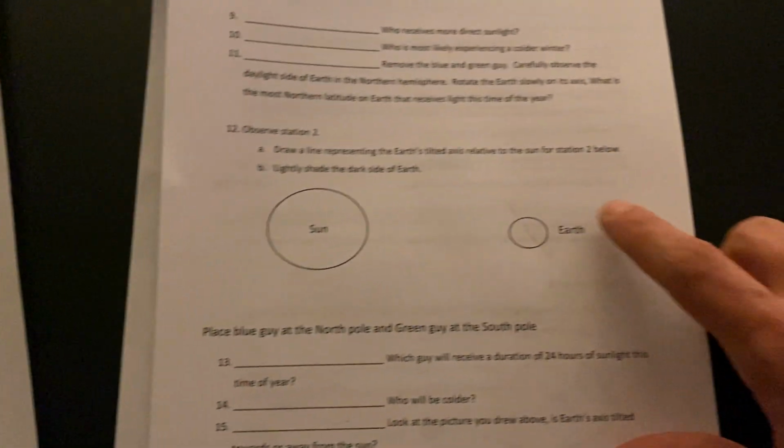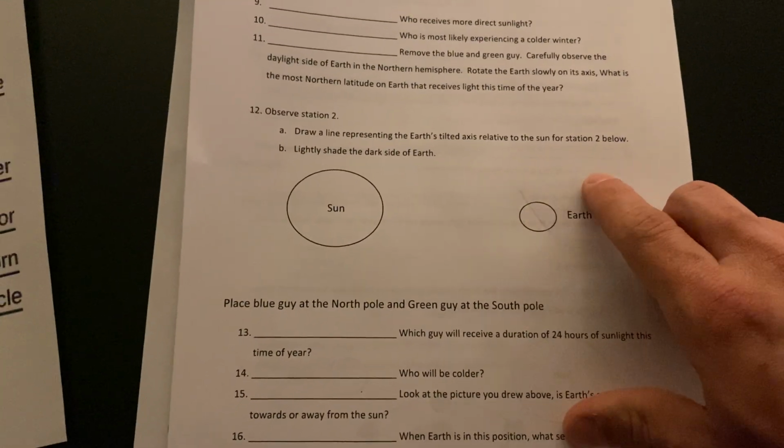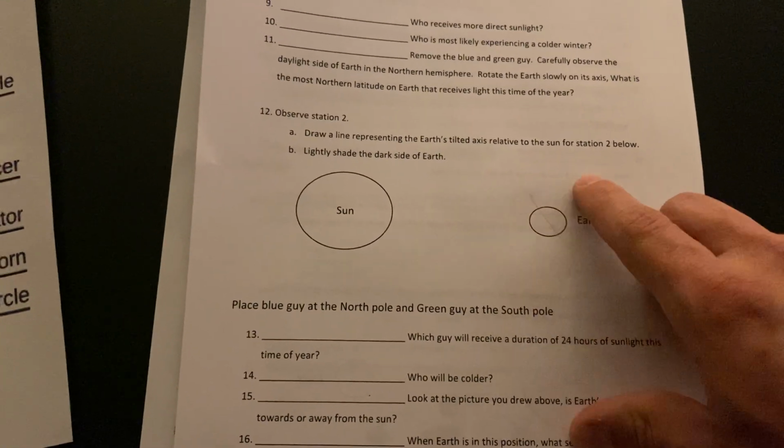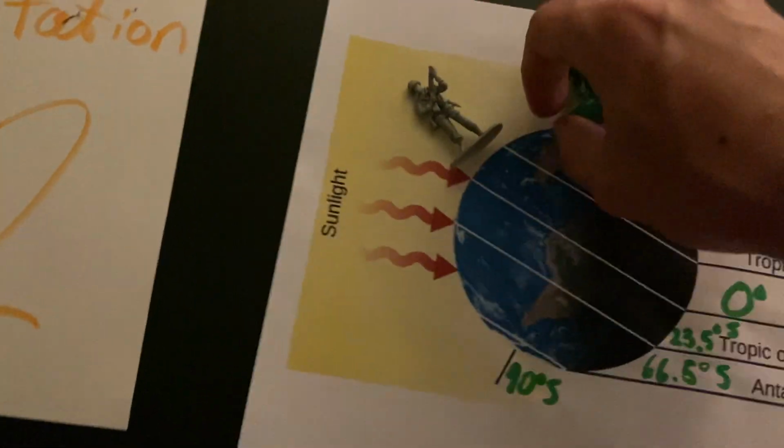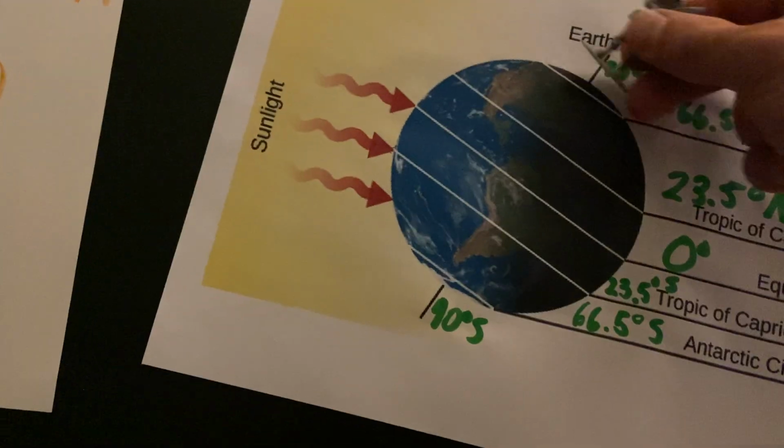So our line should actually go like this. From this way, right? 23.5 degrees tilted this way. Not like this. You can see that I erased it. But I'm going to place blue guy or gray guy at the North Pole and green guy at the South